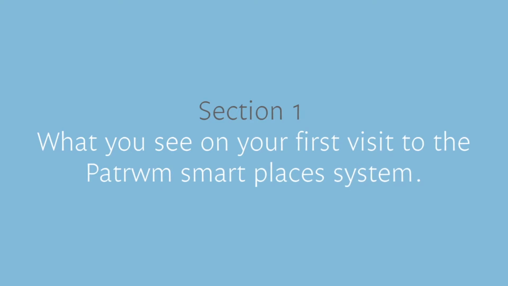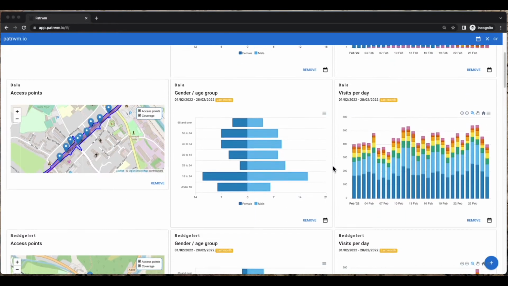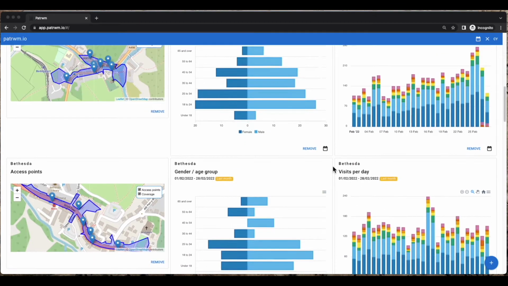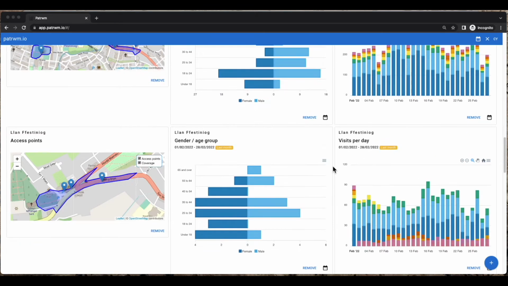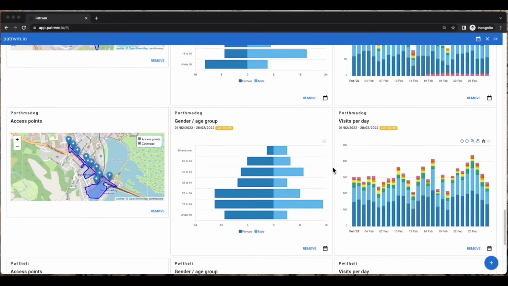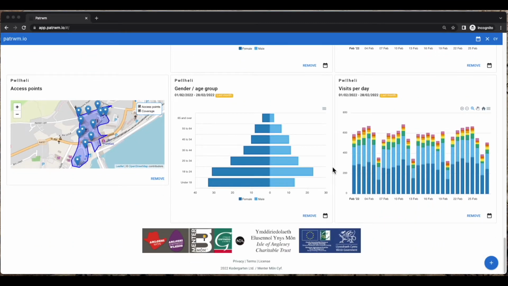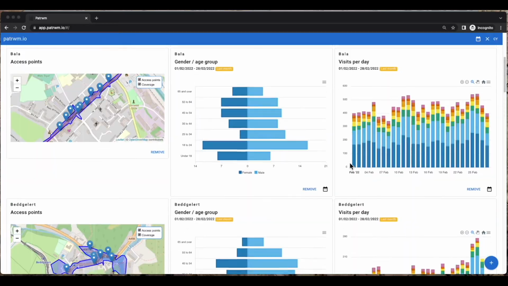Section 1. What you see on your first visit to the Patrwm Smart Places system. When you first use Patrwm, you'll be presented with a set of 3 cards for each place. The cards tell us about the area that is covered by the Patrwm network in each place, the age and gender of visitors who have logged into the network over the last full month, and the number of visits based